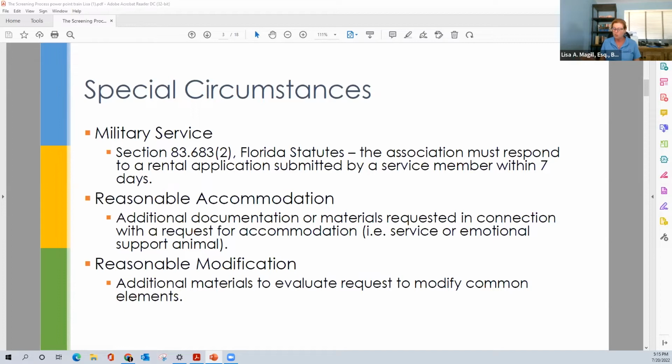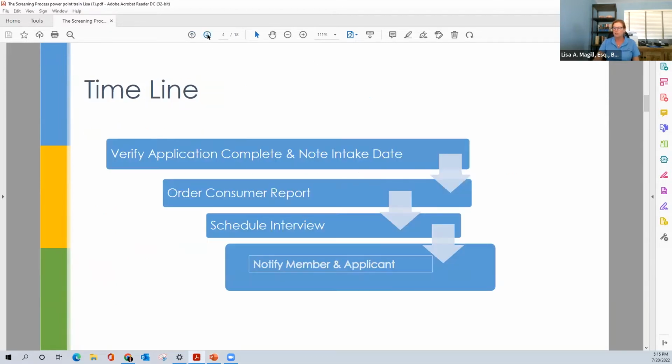And if that's the case, you still need to comply with the timeline for the approval or for action with respect to the transfer itself. So what is on your timeline? Well, as soon as it comes in, you verify that the application is complete, and you make a note somewhere of the intake date. Does the application have all the documents that are necessary to include with the application? A copy of the contract being one of them, driver's license, other identification reflecting